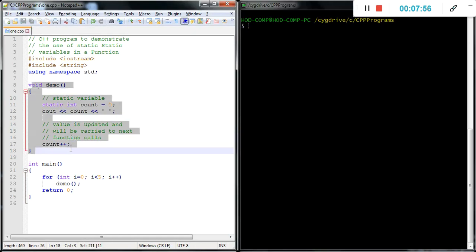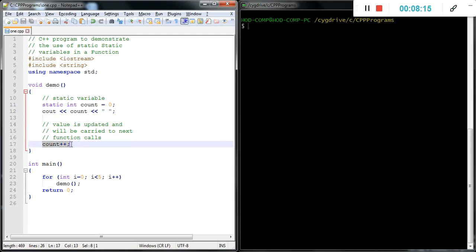Then we define one function, void demo. Then static variable int count = 0, a static variable under the function. Then we print the count value, then increment count++.